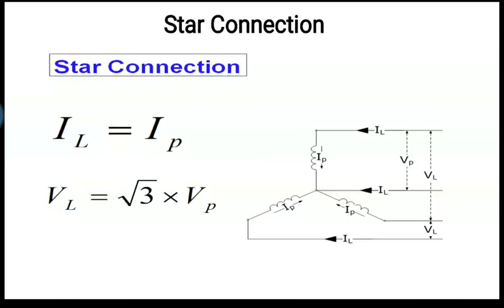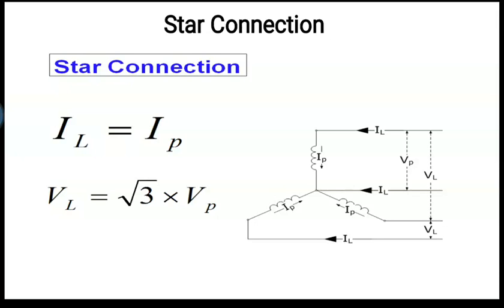So you can see the current which is coming from the line, the same current is going to the phase. That is why line current is equal to phase current here. In the star connection, IL is equal to IPH. And what do we mean by line voltage here? Same, the voltage between the two lines, you can see this VL. And what is the VP, phase voltage? Phase voltage is nothing but the voltage between the line and that neutral point where the three phases are connected. So that is nothing but a phase voltage.